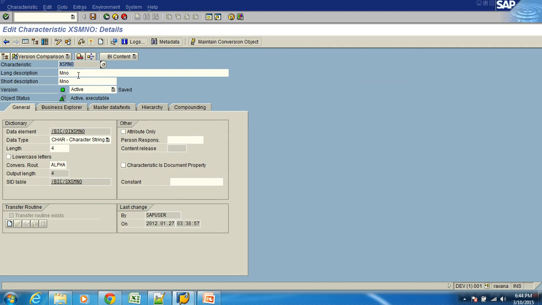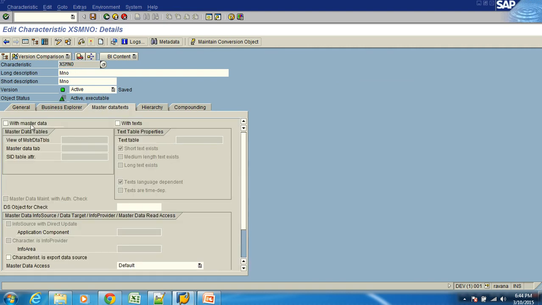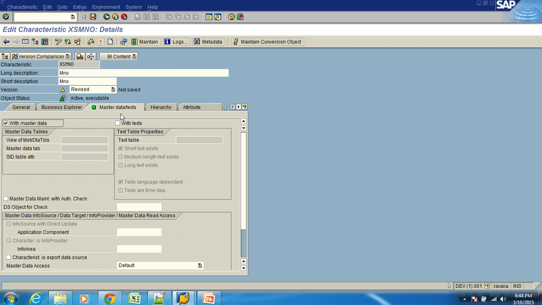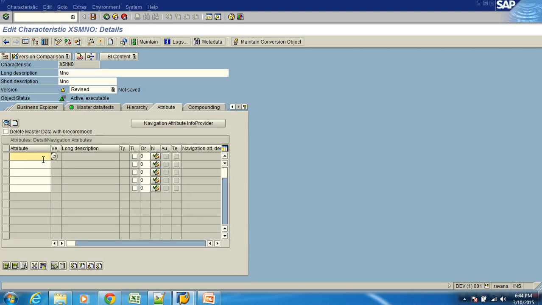So I will go to metal number, go to the master data/text tab. Here is the checkbox which indicates that for metal number I would like to build an attribute table. Yes, I want an attribute table. As soon as I say I want it, observe this tab here. What tab comes in? Attribute. Now tell me which info objects you want as attributes. XS M type.